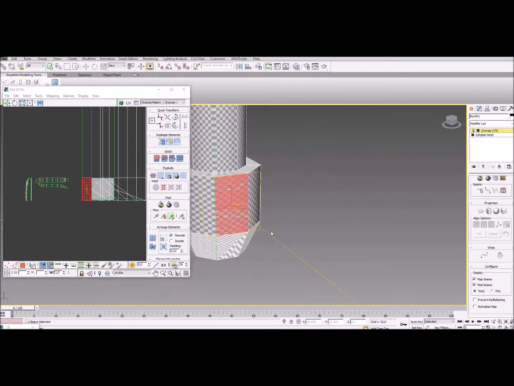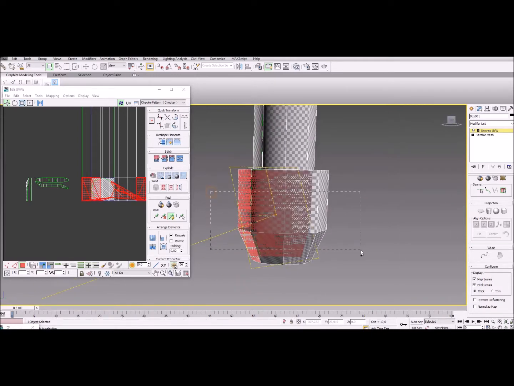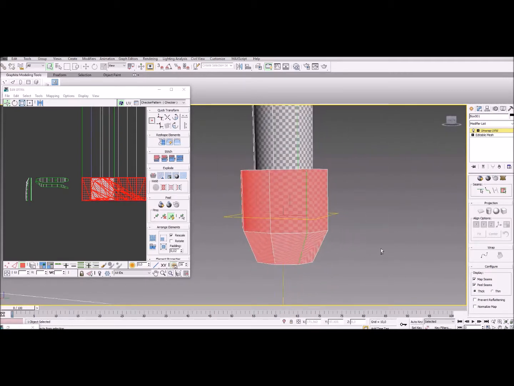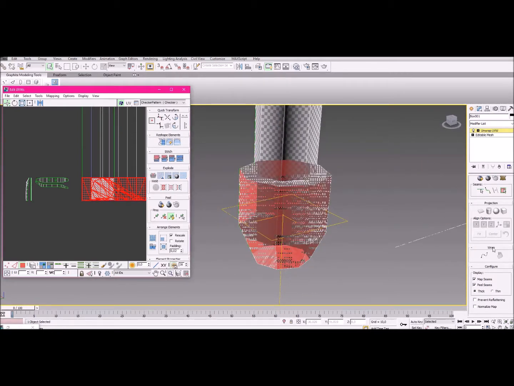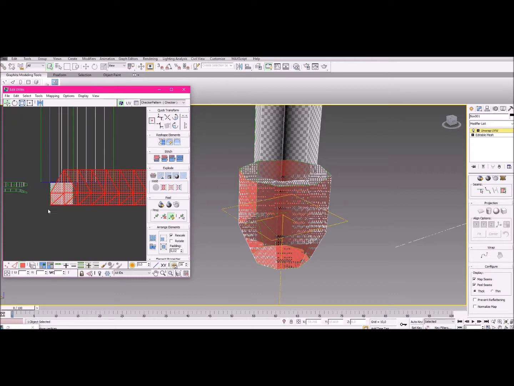And I'm going down here to this little knob at the bottom, and in my view I'm just holding down Control, click and drag again, click and drag this, just looking around. Okay, I've selected all the sides I need to, and then I'm going to use the cylinder Z. Okay,